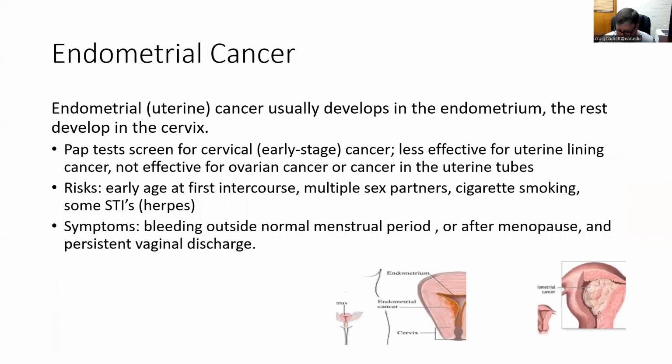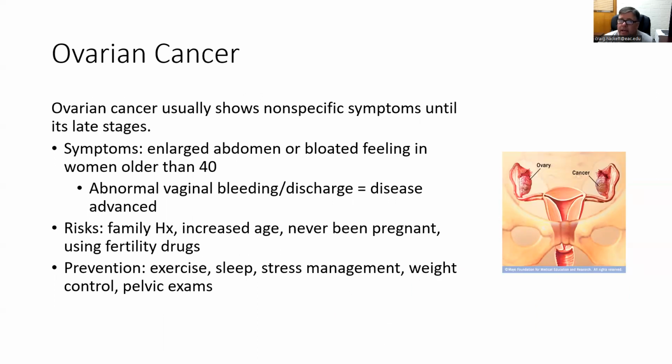Endometrial and uterine cancer. Let me go back, because I think this confuses guys, right? Ovarian cancer happens way up, past the uterus. If you look on the right here, that's the uterus. I'm circling it with my cursor. The ovary is up here, and this is the uterine tube.